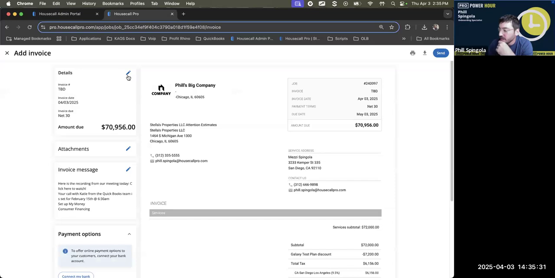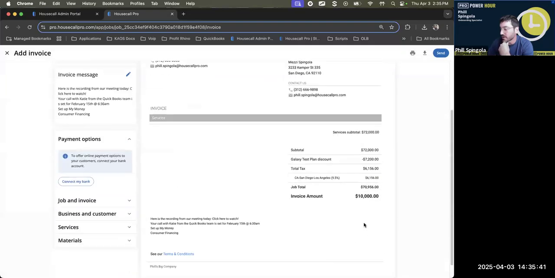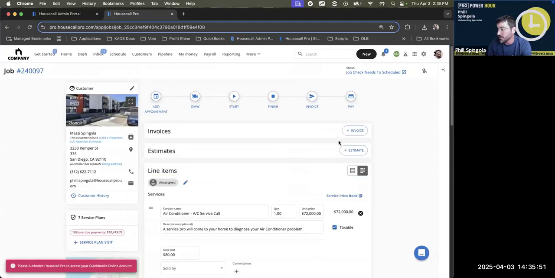So we can go up to invoice. If we want to have the customer pay that 10,000, we can change the invoice number to 10,000 and have them pay that while still having a remaining subtotal. Or as you were saying, if you're simply telling the system that you collected the 10,000 already, you can certainly go up to the pay button here.